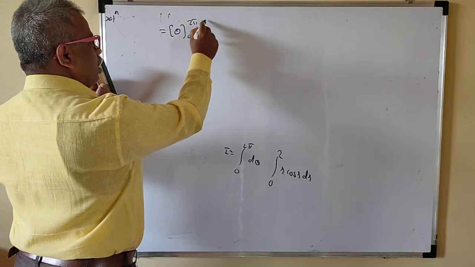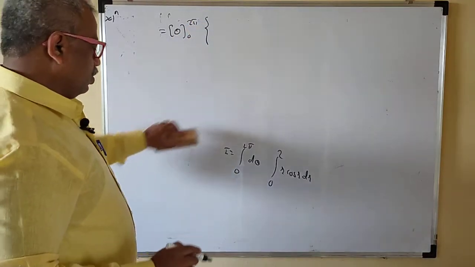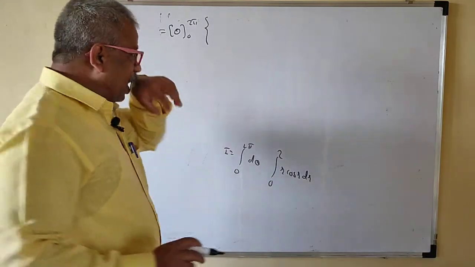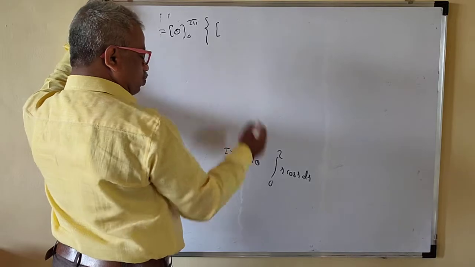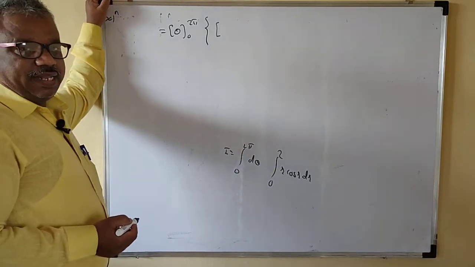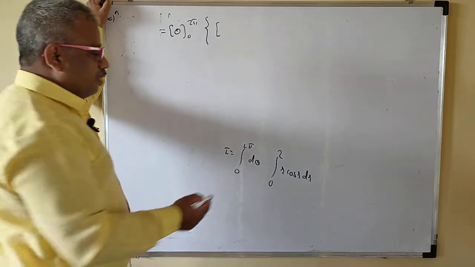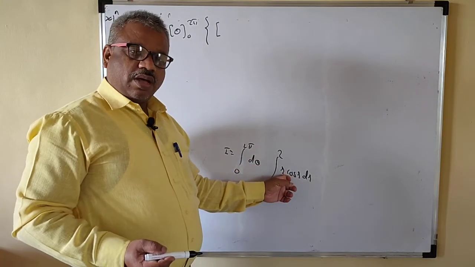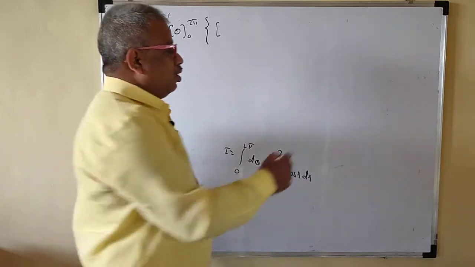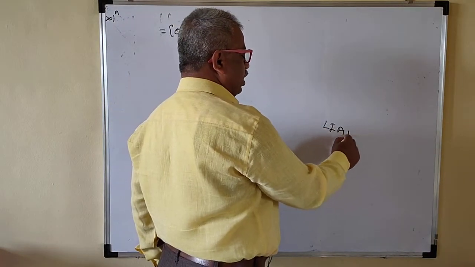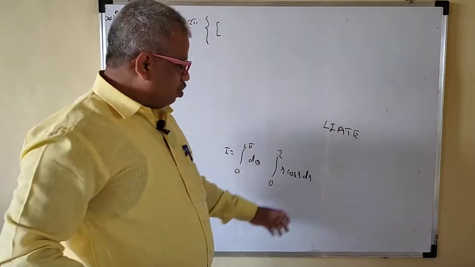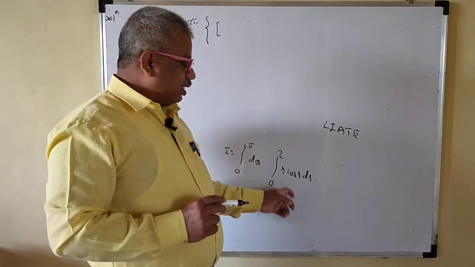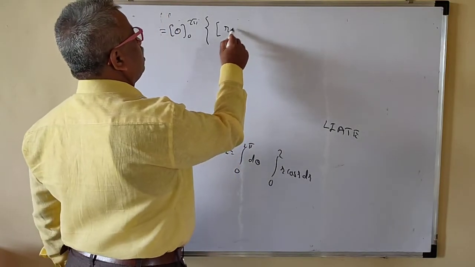Okay, so I write by parts in the curly bracket because you know that for integration by parts there are two terms. Okay, so I will do by parts. So here, LIATE. That means this is the product of two functions. R is the algebraic function and cos is trigonometric. So you have to use this LIATE rule. Okay, so L means logarithm. Logarithm is not there. Inverse function is not there. Algebraic function is there. So r is there. So we'll take r outside the integration.